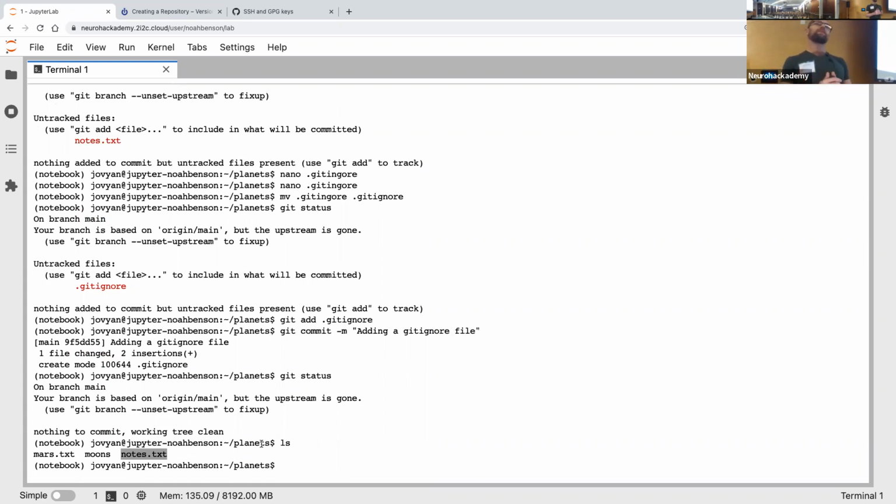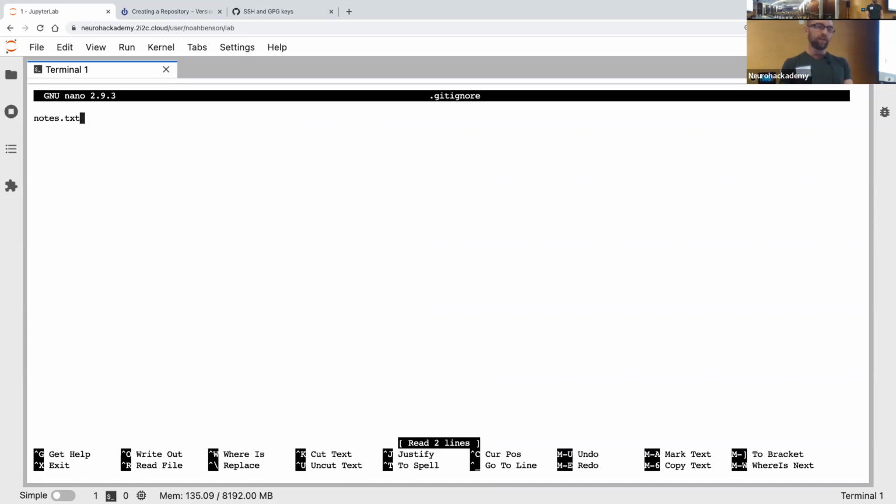A lot of times I ignore my notebook files, my Jupyter notebook files, because Jupyter notebooks are often kind of scratch space where I'm trying stuff out and not really meant to be part of a repository. Just as an example, let me open that .gitignore file once again. And if, for example, I wanted to ignore all the Jupyter notebooks in this repository, no matter where they were or what they were called, I could just say